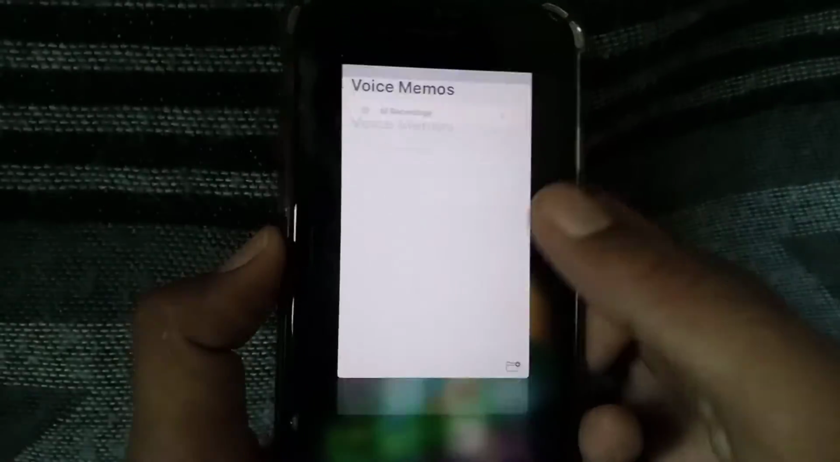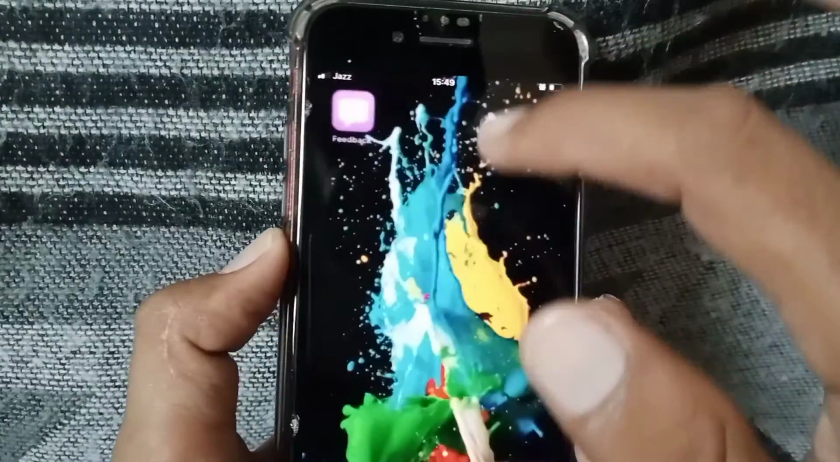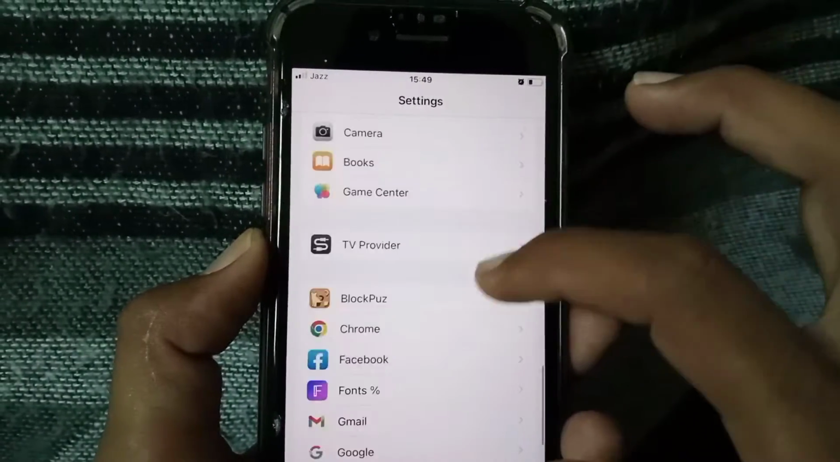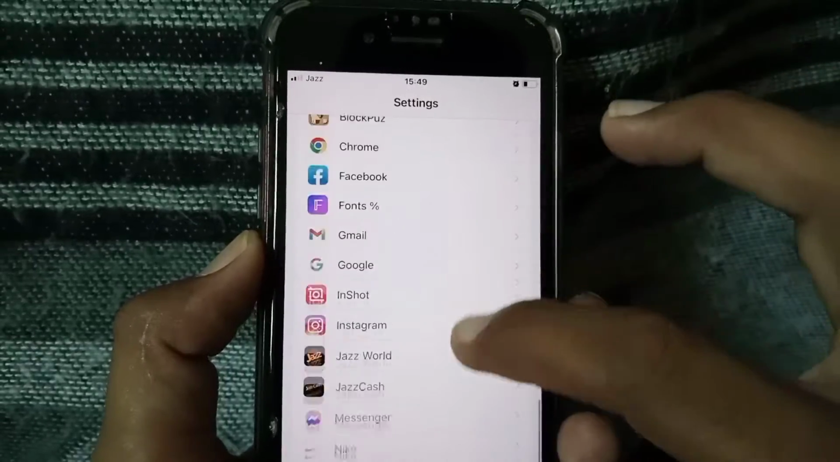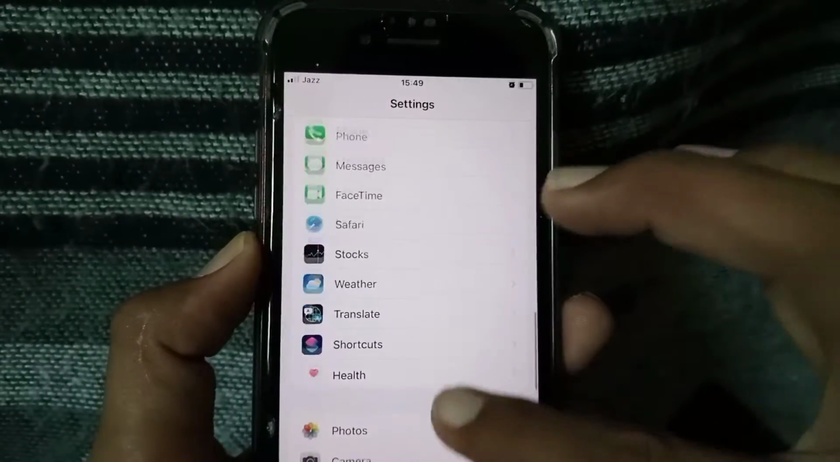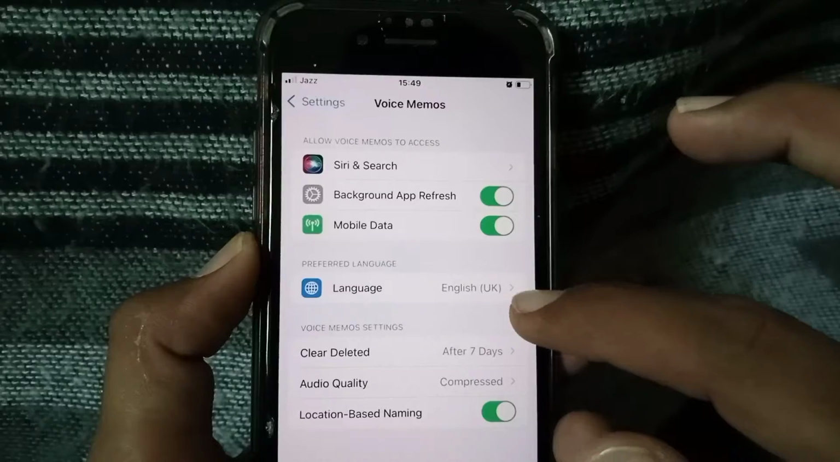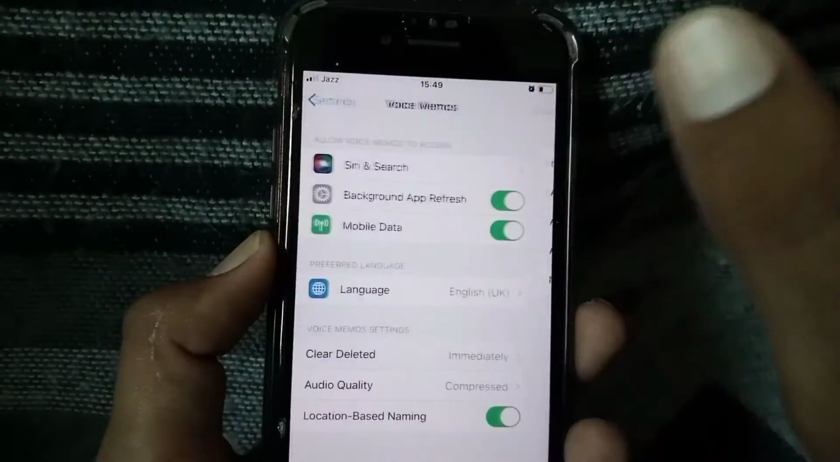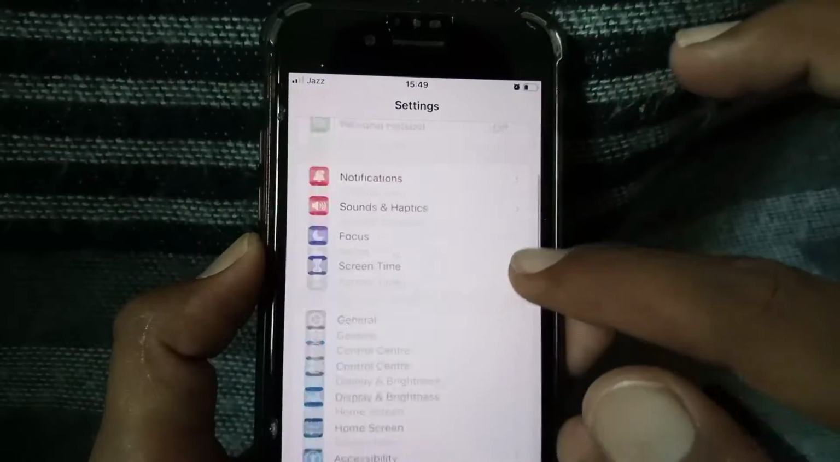Just simply go back and then you have to open settings first, and then you have to scroll it down from here, and you have to tap on voice memos from here. Here it is guys. So you have to tap on clear deleted. So you have to tap on immediately and then go back from here,